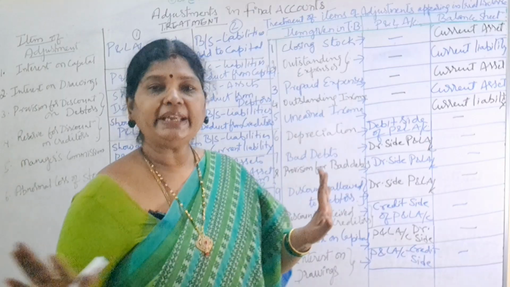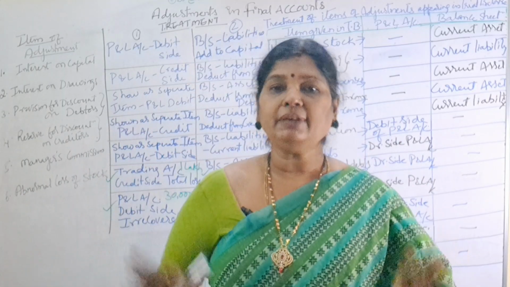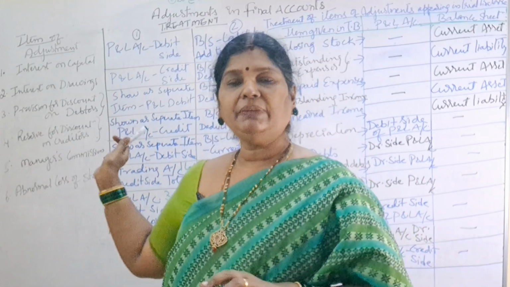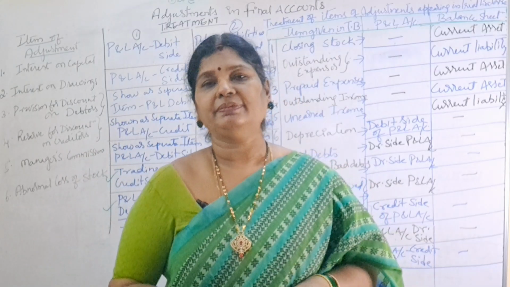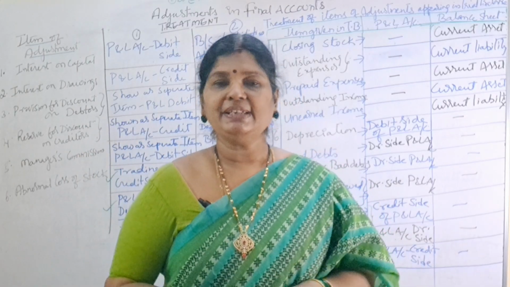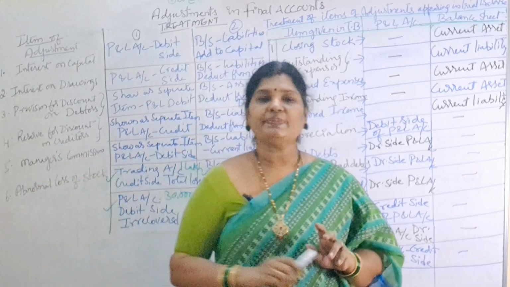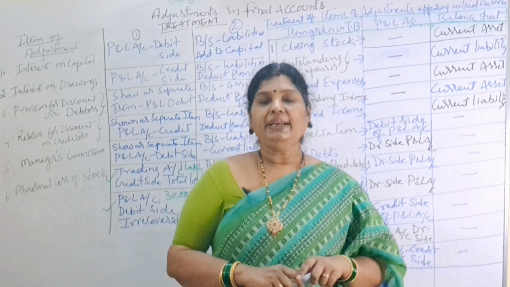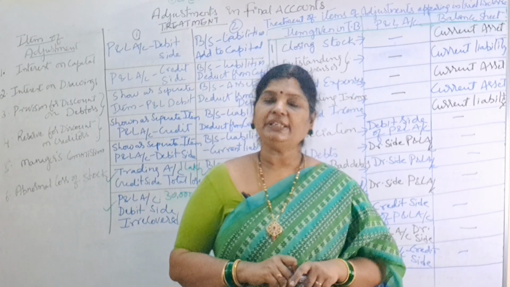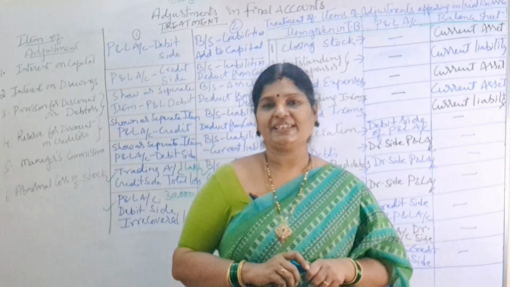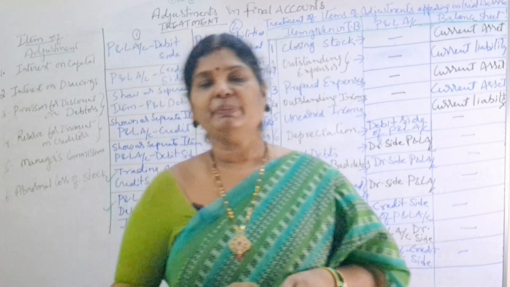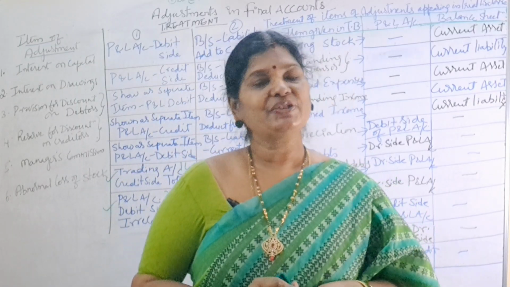So these are all our adjustments what you will get under final accounts. So if you are perfect with these adjustments, that is enough. So I have explained you all the adjustments. Now practice all these adjustments, learn once again, and in the next class I will explain you final accounts problems using these adjustments. That's all for today, but learning never stops.